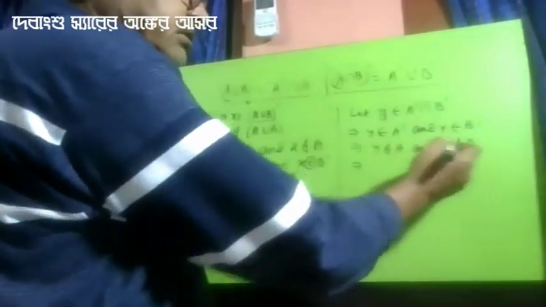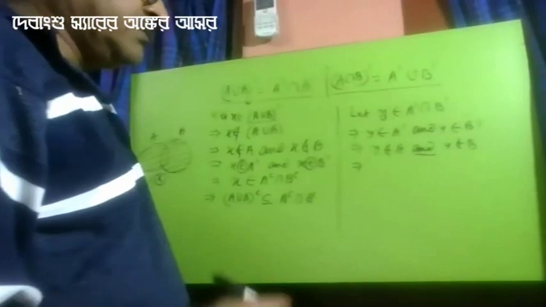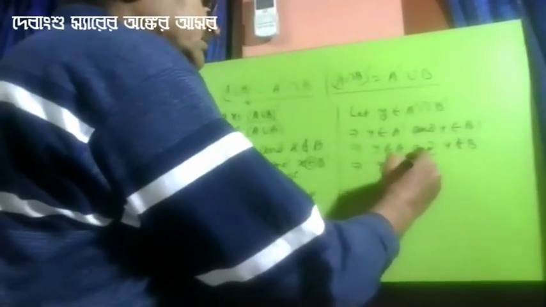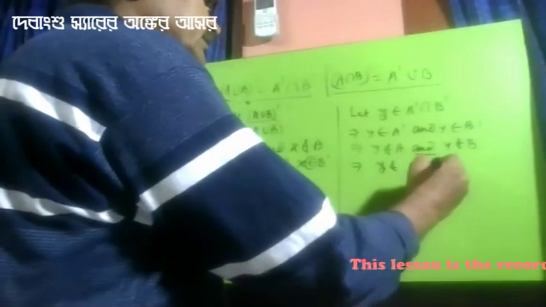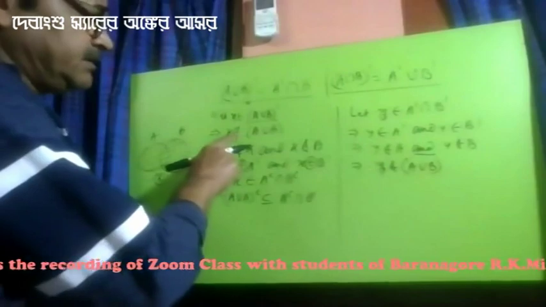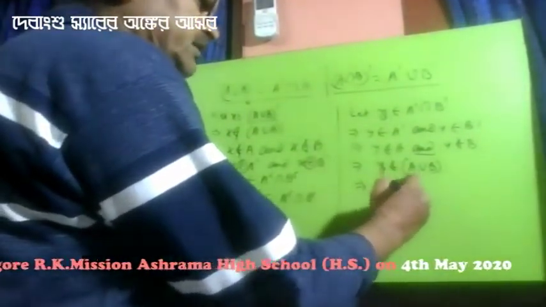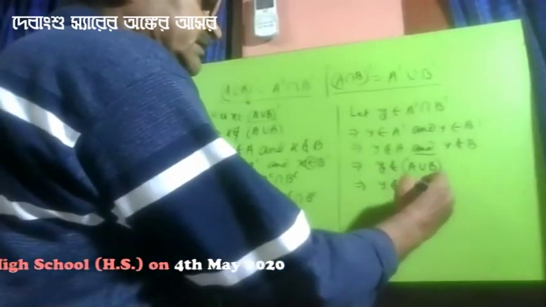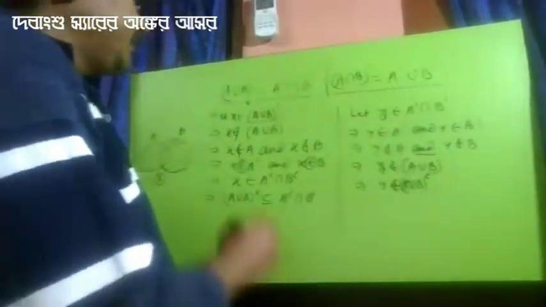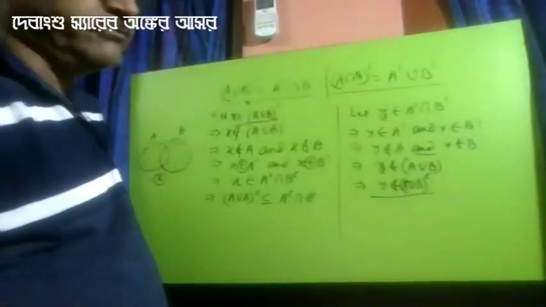That now does not belong to, and means union. In case of does not belong to, and means union. So Y does not belong to A union B. See, just this step is written only replacing X by Y. That implies Y belongs to, since it is not in A union B, so it must be in A complement intersection B complement. Now see, this step is written just replacing X by Y.